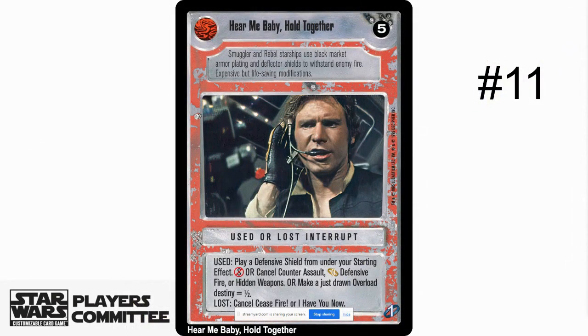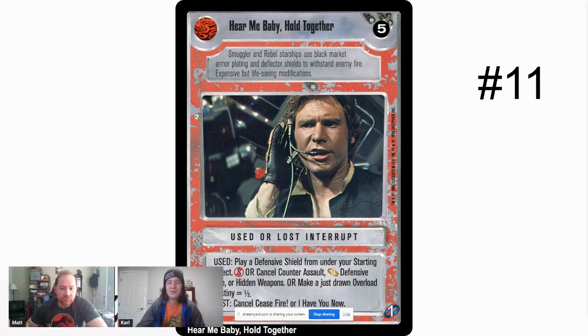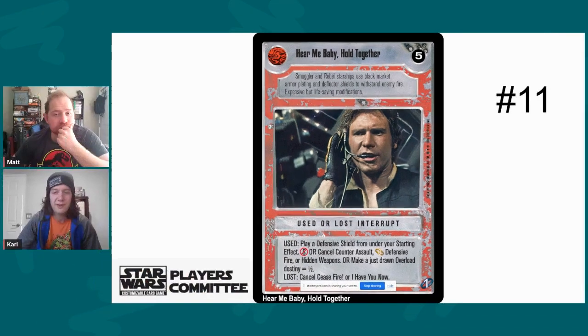Hear Me Baby, Hold Together is in at number 11. So Star Wars cards have a lot of text, but designing one card that allows you to do a lot of little things can be incredibly helpful and ensure balance. This one allows you to pull an extra defensive shield. It's an example of this little S icon with a slash through it. It's immune to sense, that portion of the card. Or it can cancel a few specific cards, most notably Hidden Weapons. It also has a lost function that allows you to cancel Ceasefire or a Have You Now, which can be